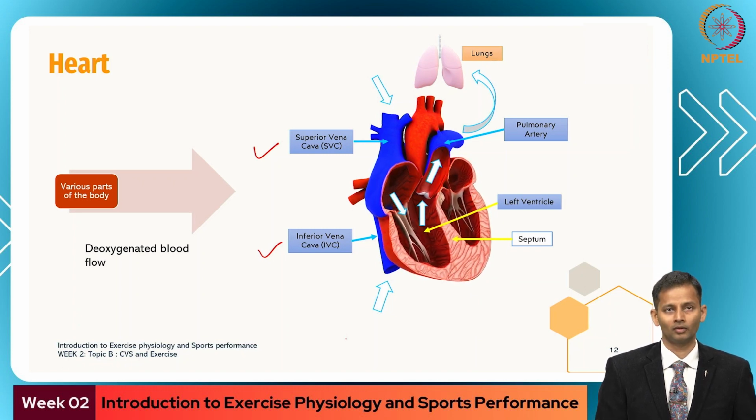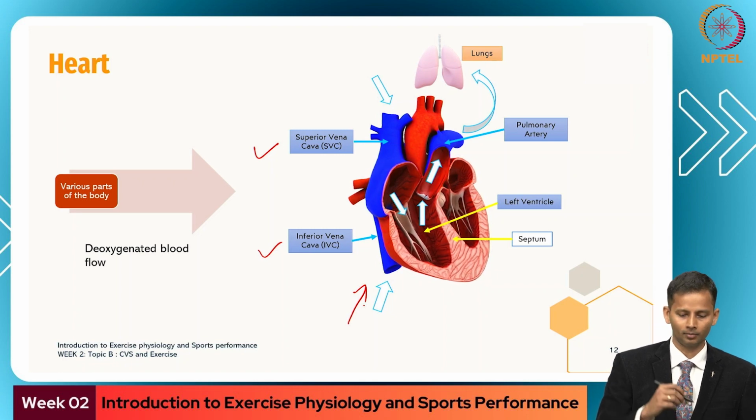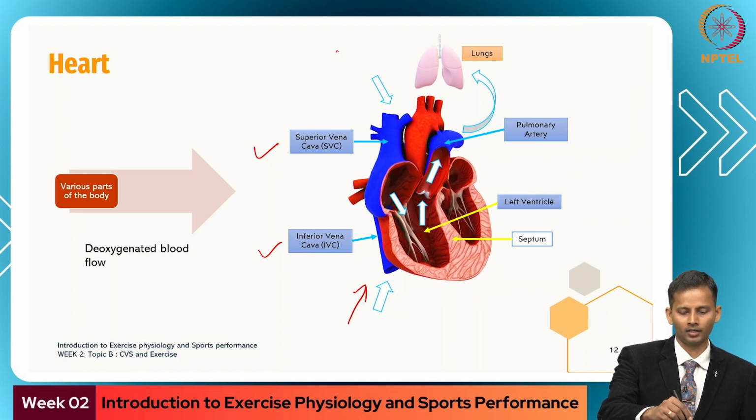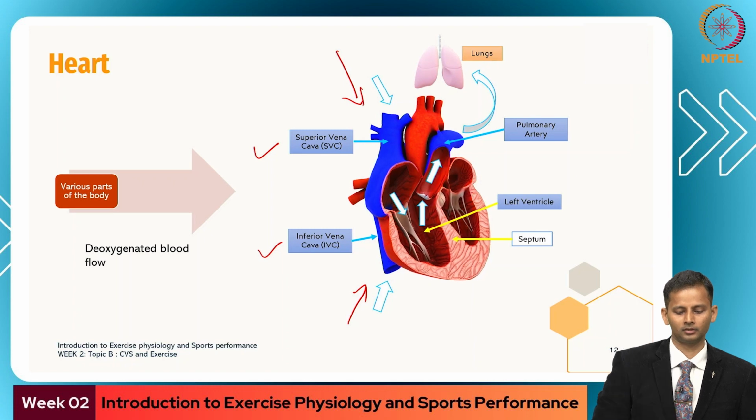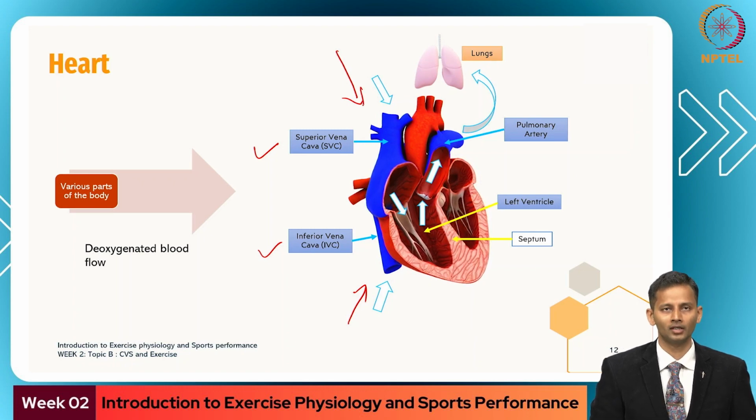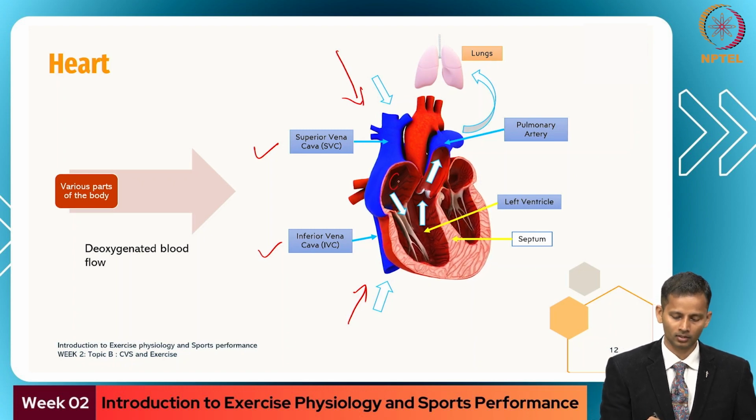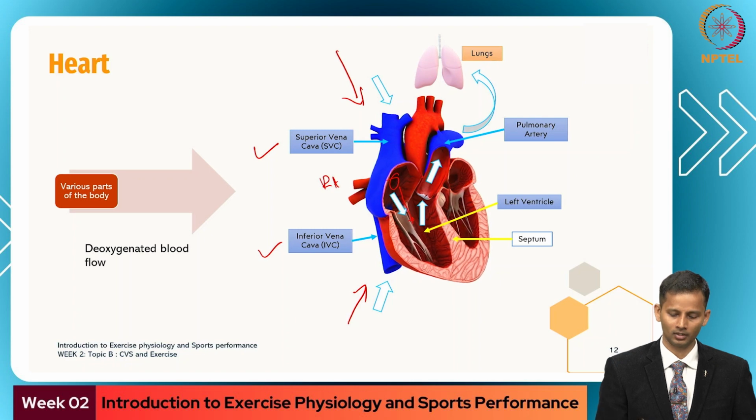The blood from the lower body, that is the legs and the trunk, enters through the inferior vena cava, and the blood from the head and neck and the upper limb enters through the superior vena cava and empties in the right atrium. This deoxygenated blood further passes, if you follow the arrow mark, through the tricuspid valve into the